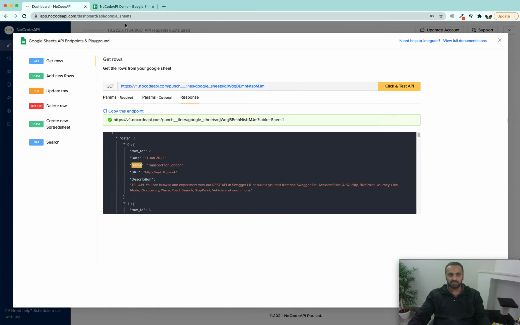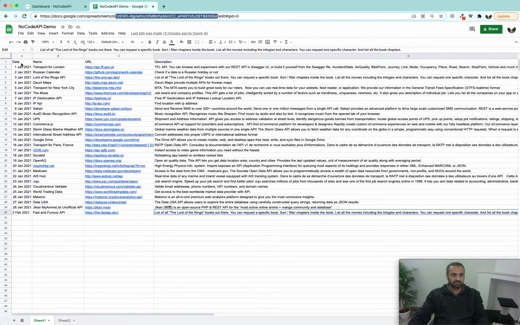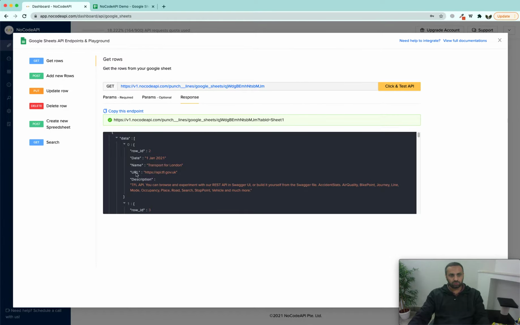The first row is the heading, so each date is placed against the key date, each name is located against name, and each URL is located against URL. So you can easily identify all the rows you get if you want to use them further inside your own app.